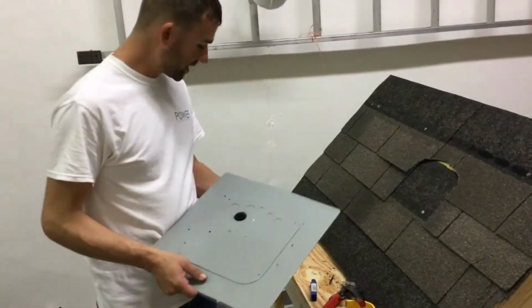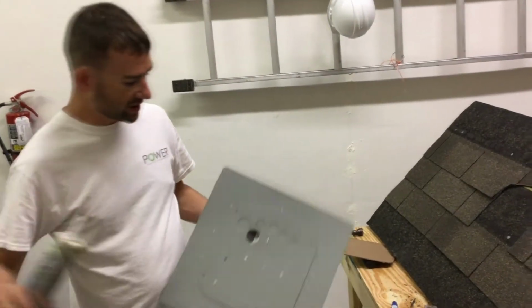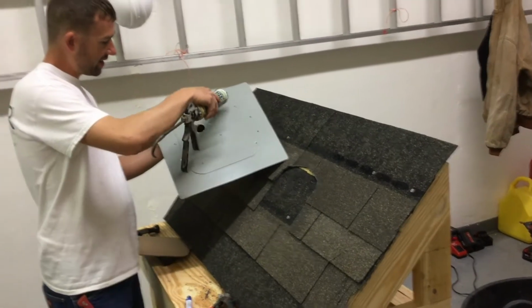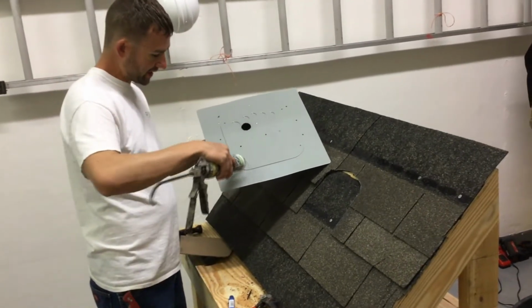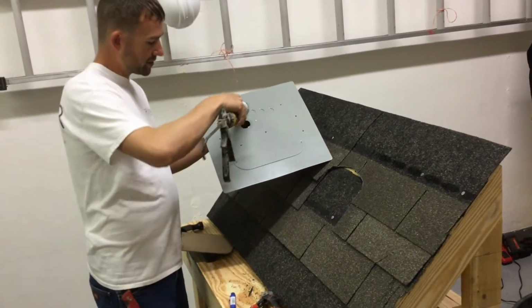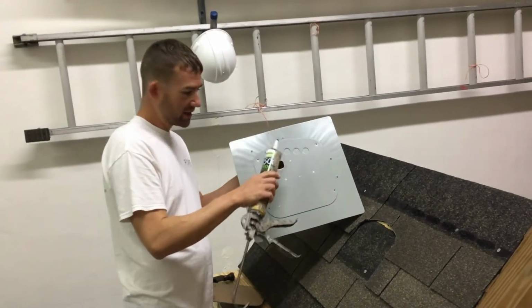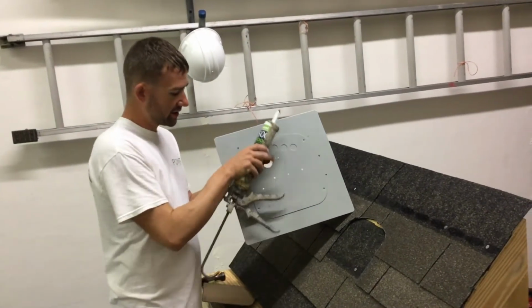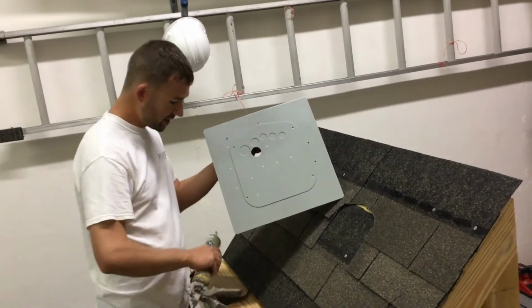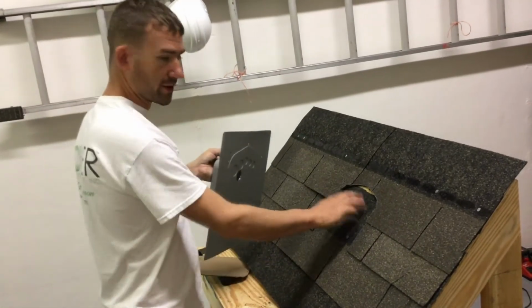When sealing a SOLADECK, we have our caulk gun. We would apply a large bead of sealant around the entire outside, go back in, around through here, and around our penetration point. It's very important that a lot of sealant goes around this penetration point. That way when we install the SOLADECK, it will mush out onto the roof. But before we apply our sealant, we need to drill a hole through the roof deck with